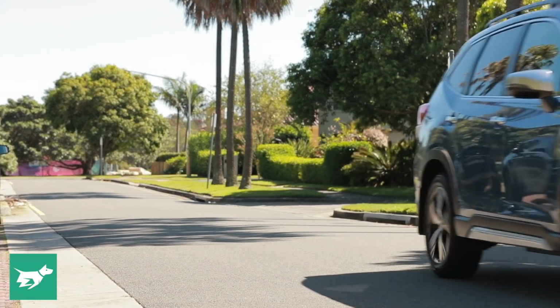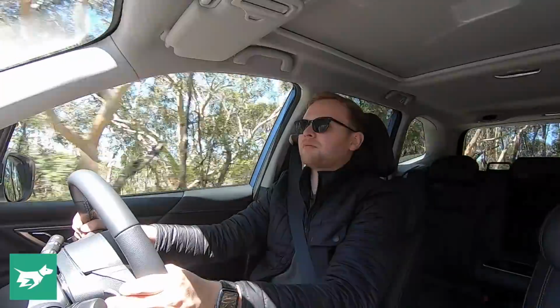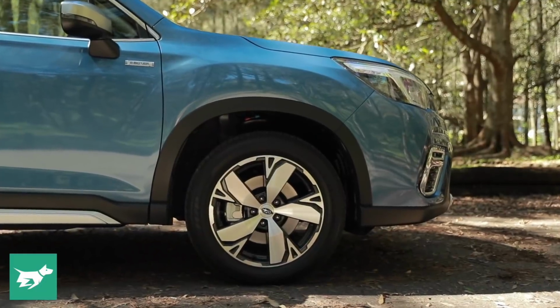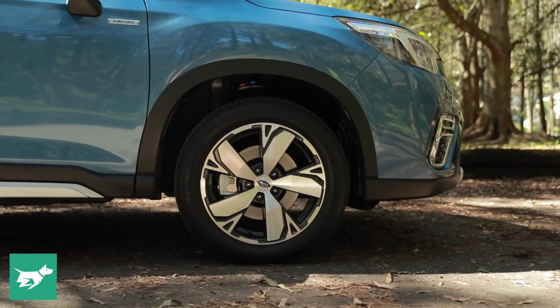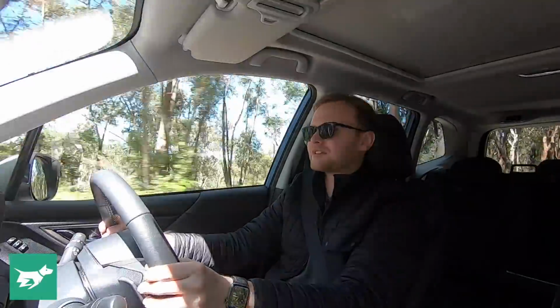Now, once again, a bit like with the engine, these things matter a little less in town if you're just going to be using the Forester as an errand car. But Australia is a big country, it has a lot of country roads, and so being able to corner really effectively while you're pushing on is, I think, a virtue that mid-size SUVs can aspire to, and that the Toyota manages pretty well. In terms of refinement, it's decently quiet, though there's quite a bit of road noise thrown up from the Bridgestones